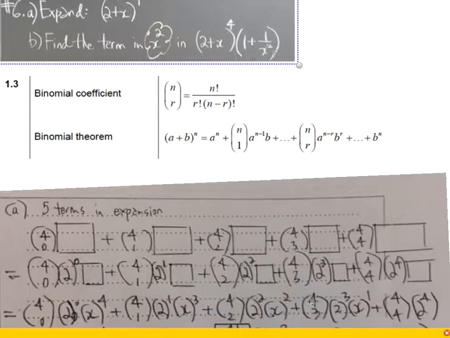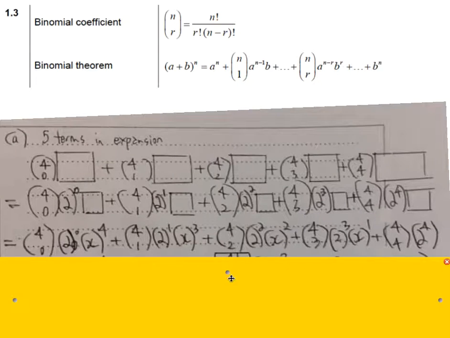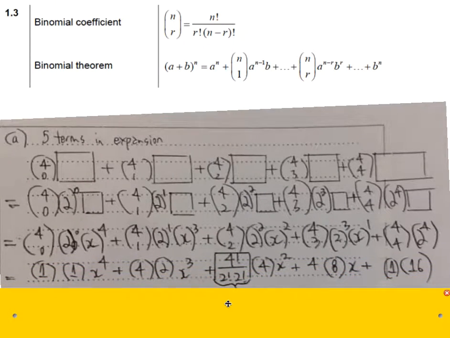It must be noted, however, that the 4C3, 4C2, 4C1, etc., those values can be achieved through Pascal's triangle, the coefficients of the Pascal's triangle. You just have to make sure that you select the row that has 5 terms in it. So moving ahead, just doing some housekeeping, simplification,